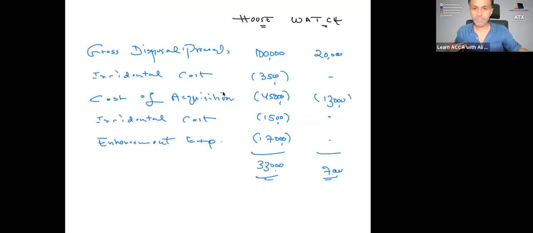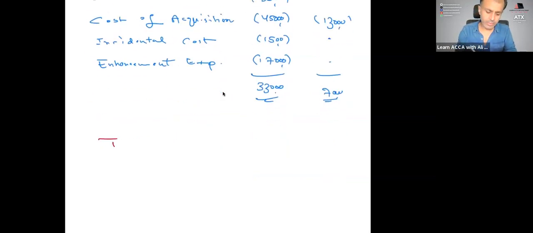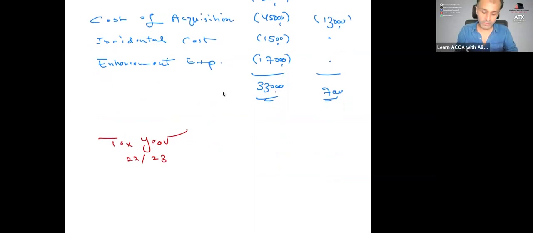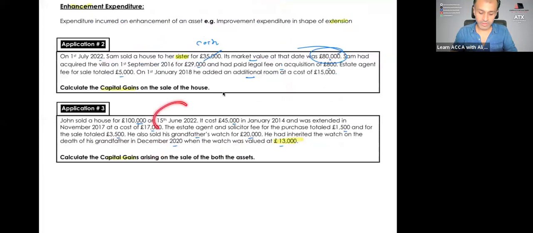So do we really have to consolidate? It depends on one thing: the tax year. Like accounting has its own financial year, the same way tax has its own year that starts on one specific day and ends on one specific day. The one applicable to your exam attempt is 22-23, which starts on 6th of April 2022 and ends on 5th of April 2023. So to see which tax year these gains belong to, we just have to observe the date of disposal, which in this case is 15th of June